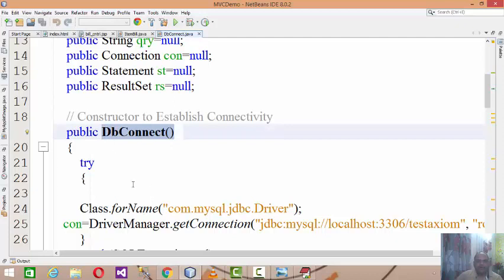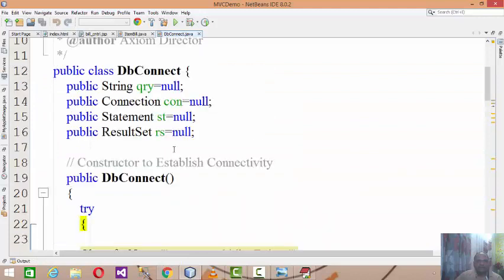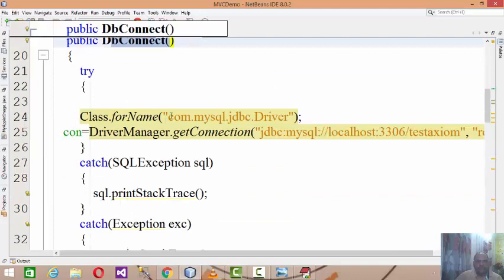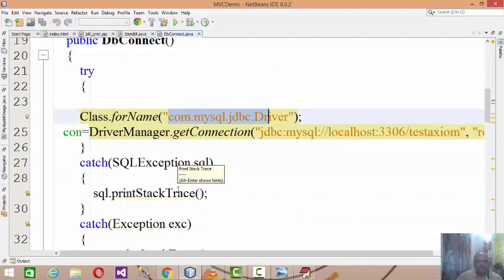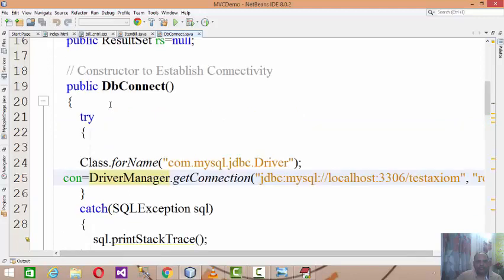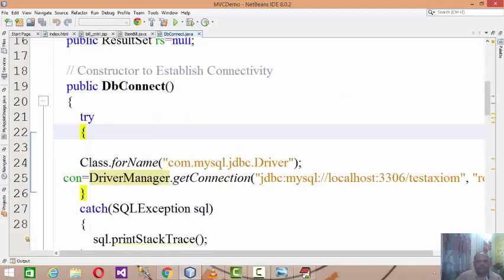In the constructor of DBConnect, I am writing the code for establishing connectivity. Once the constructor of DBConnect gets called, the MS SQL Server driver gets initialized, and then con will be initialized by that. I specified here the database name, the root ID, and the password. As we already know how to establish the connection, only the code responsible for connectivity I wrote in the constructor of DBConnect.